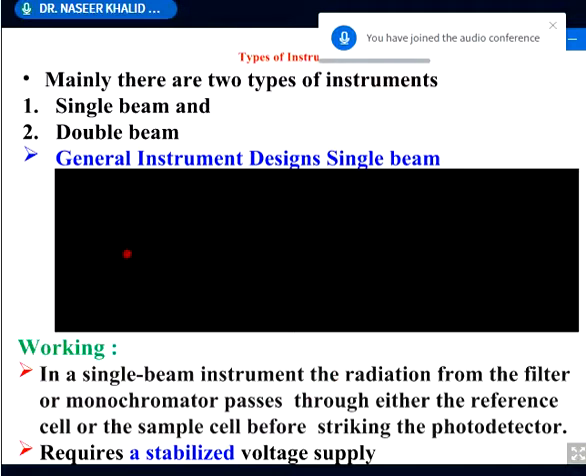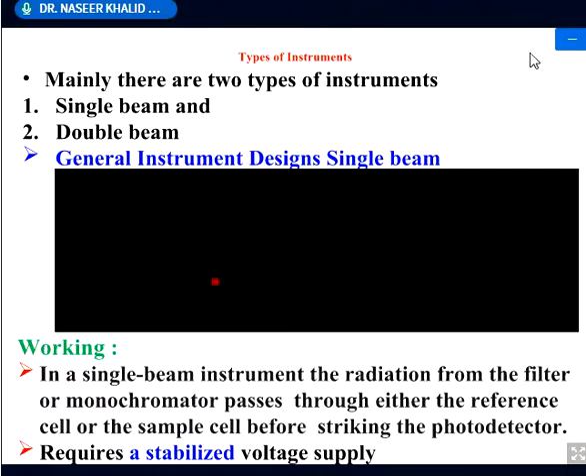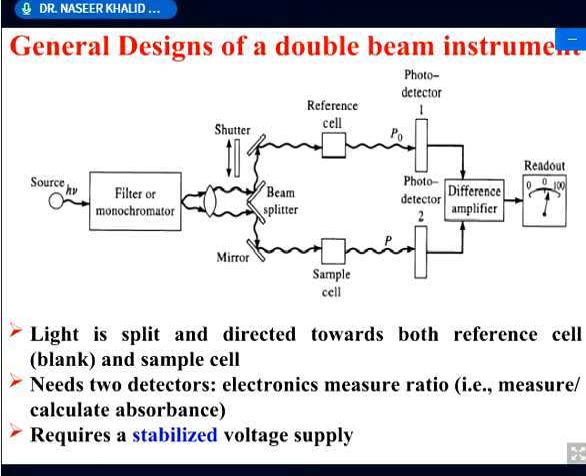Now there could be instruments with respect to the arrangement. So I think probably the next slide will be clear. So this is a double beam instrument. The same thing we have arranged according